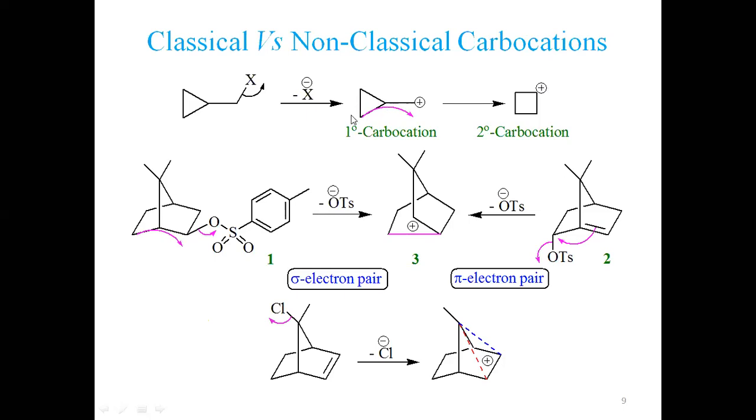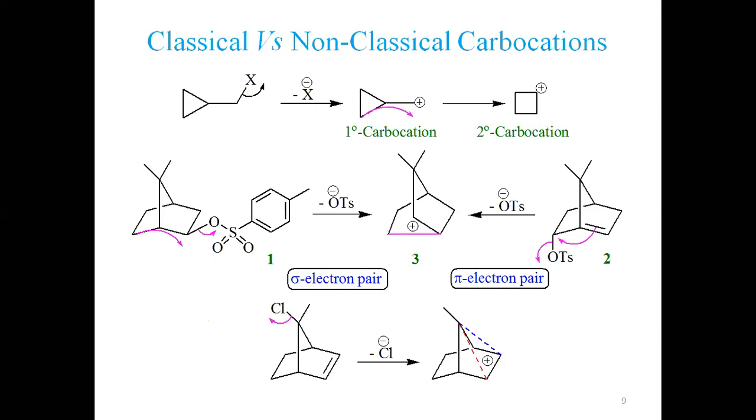So here there is more angle strain. You have come across Baeyer strain theory in the previous semester in the organic chemistry course. The more the angle deviates, the more the instability. More angle strain is in the three-membered ring. Ideally, it should be sp3 hybridized. The ideal angle is the tetrahedral angle, which is 109.47 degrees. But you see, what is the practical angle here? The angle between these two carbons is 60 degrees. 60 degrees versus 109 is a huge difference.